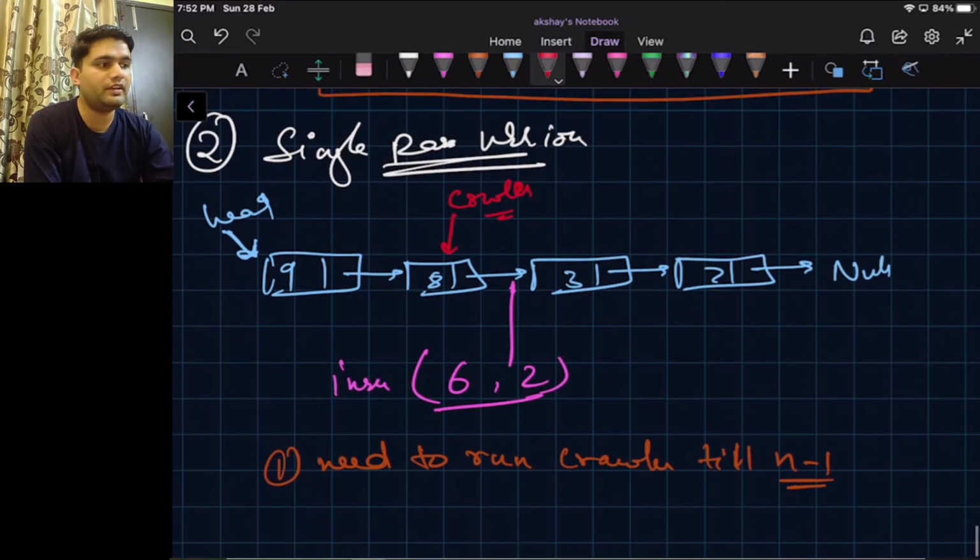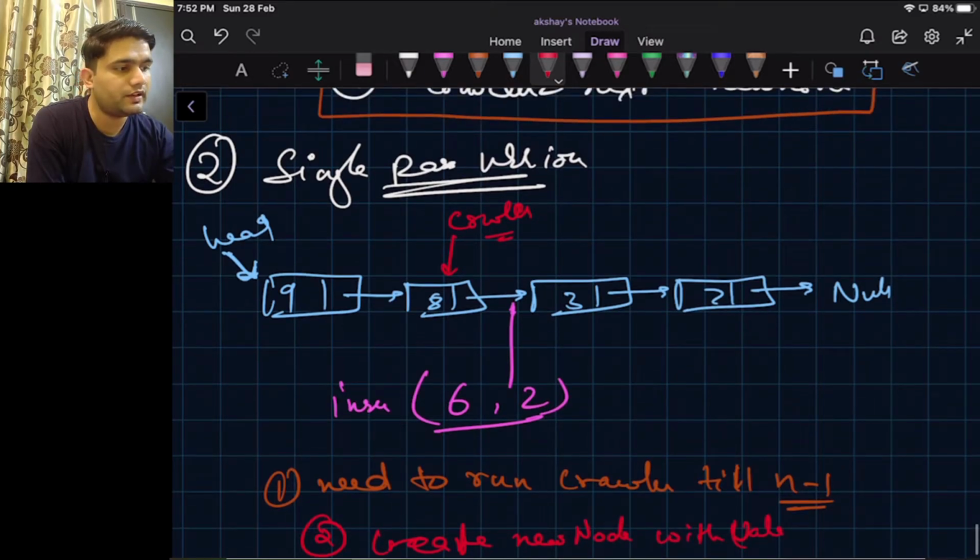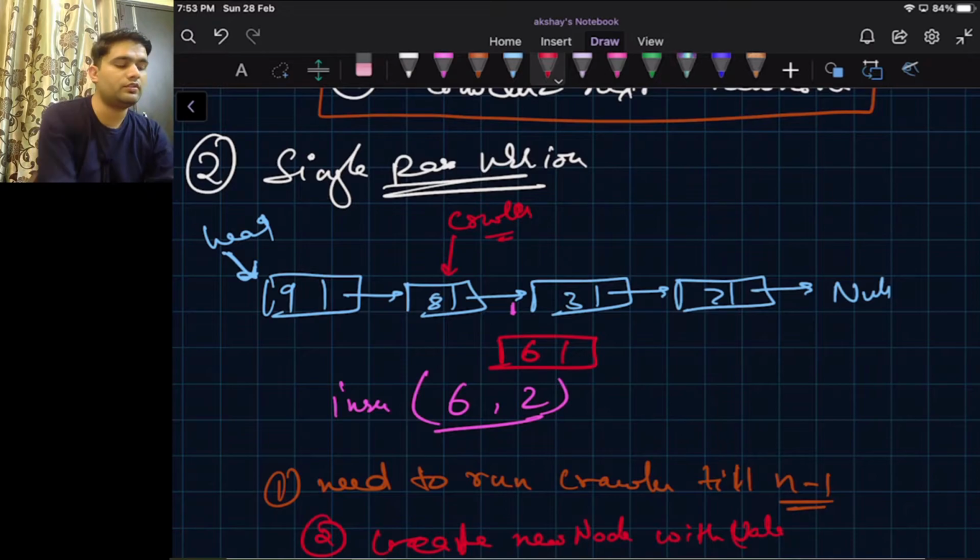At this point we will create a new node. Let me create this node here. So we have created a new node. This is the new node.